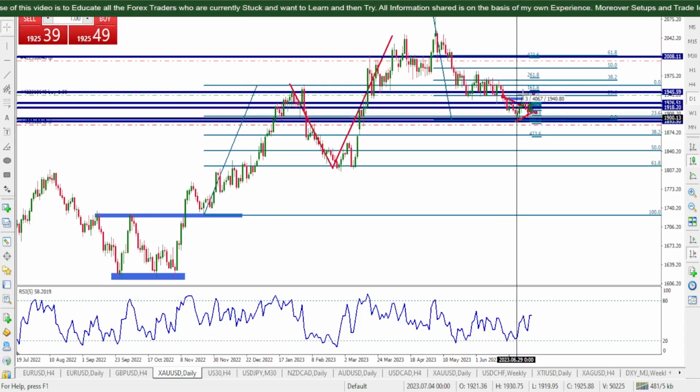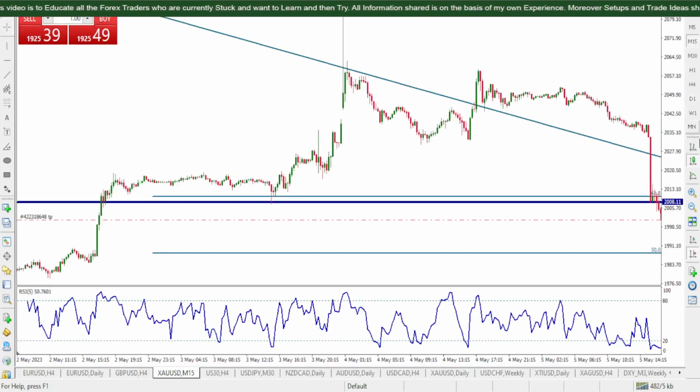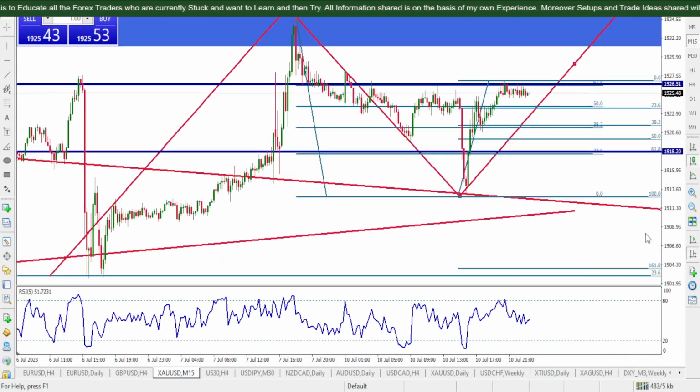Then my eyes were on 1911. Definitely we have got that. So whenever I get these pullbacks, I will try to add one more position just in case. I can maybe add one intraday right here, but I would like to stream that live and take it live with you tomorrow in the New York session.